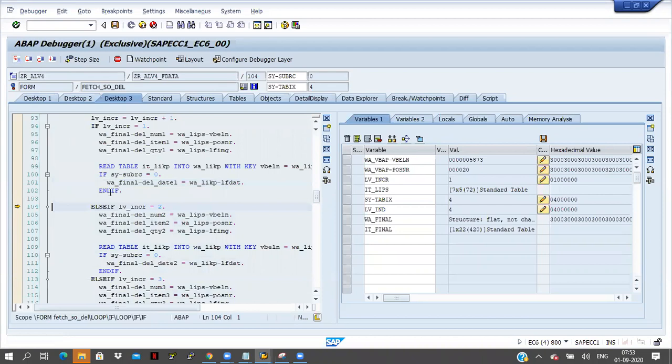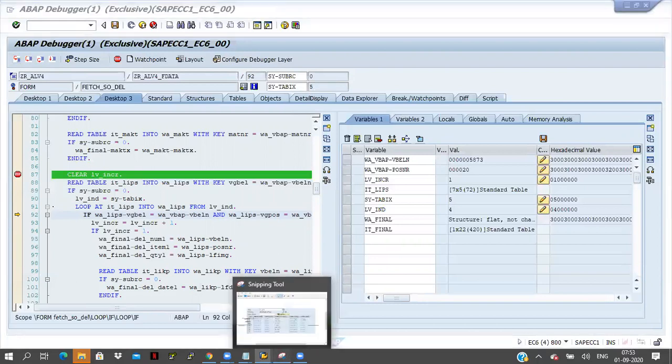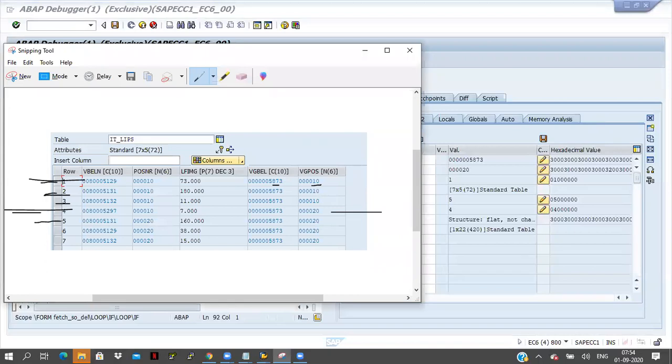Here it is checking else if. Else if won't be satisfied, if you click on F5 button, it will come outside of that. Now one more time it is looping here. Click on F5 button. So the cursor is in the 5th record, 5th row. The 5th row also it will check, the document number and the item number. Both things it will check here.